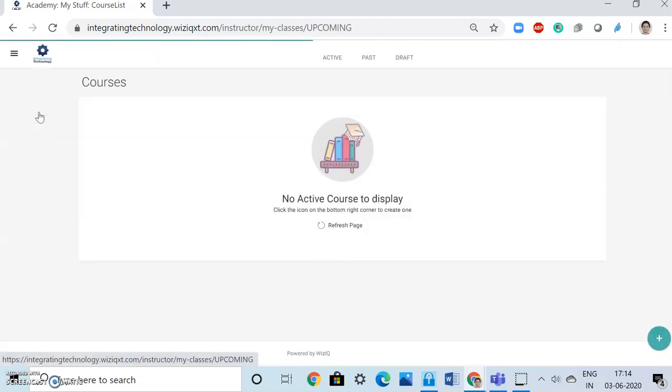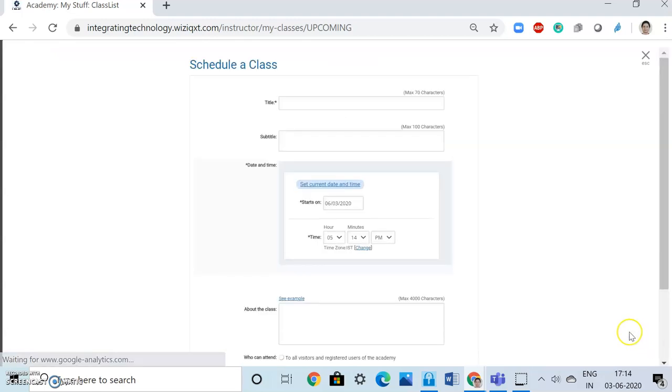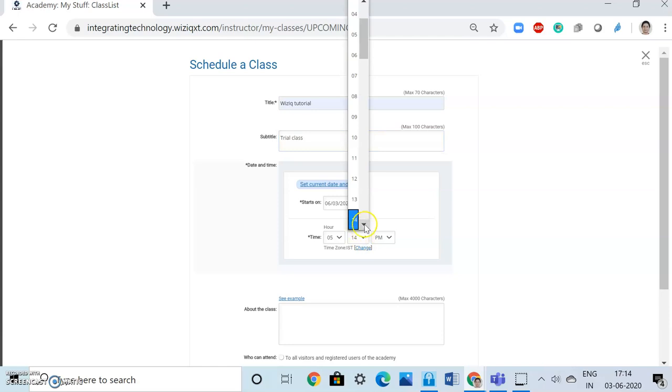To schedule my class, I click on the right hand side bottom green icon and I can schedule a class. I can label it as WizIQ as the title, and I can write over here a subtitle. I can set the current date and time, or I can even change it if I like it to be a little later. Maybe I can set it to